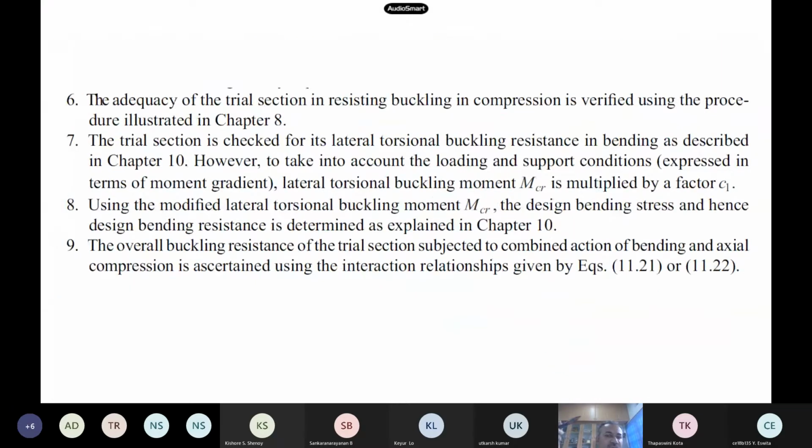If it is verified, that means the section is fine. Then you also do the individual calculations. You have to check them individually also. For MZ, you assume it as a beam and do individual calculations for MZ and MY, then you check lateral torsional buckling, and then the column checks also. So these individual checks you have to do, and you have to do the combined check also, that is the interaction equation. You do all the calculations, and once it satisfies, you accept it.